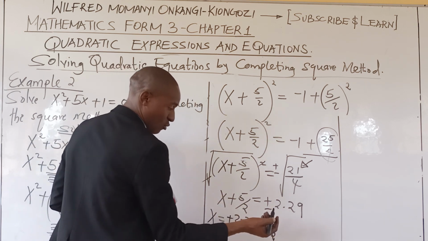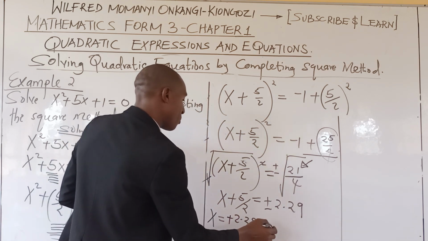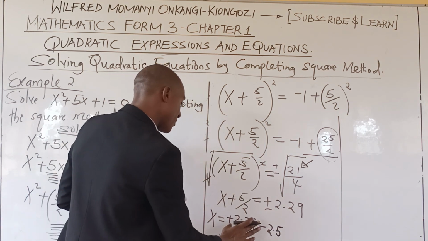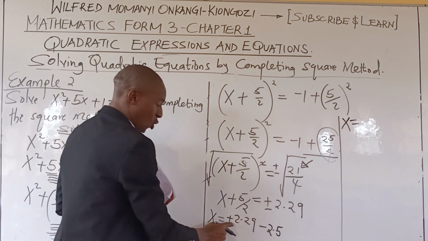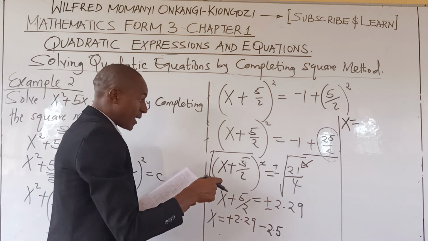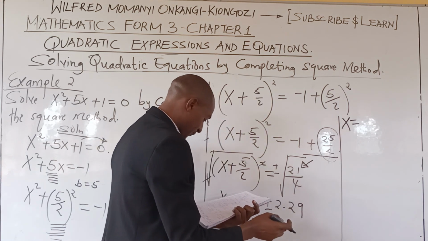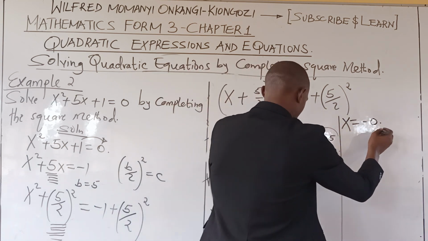So the first x value is gotten by x is equals to positive 2.29 minus 5 over 2. 5 over 2 is like 2.5. So that one means you will have x as 2.29 minus 2.5, which is supposed to be negative